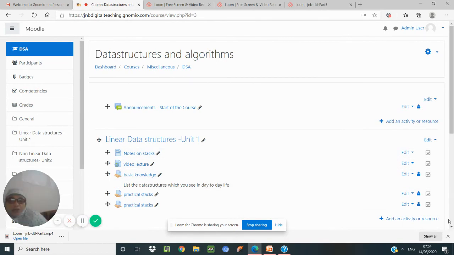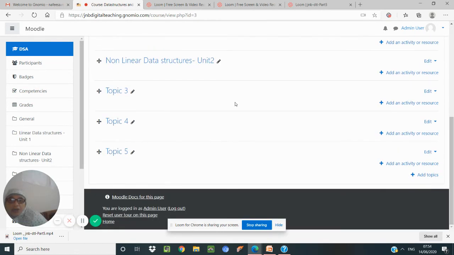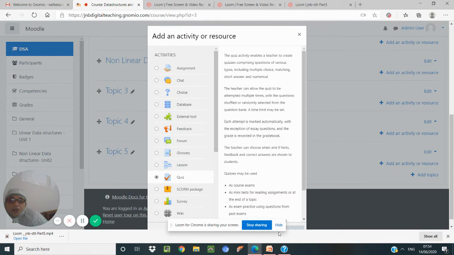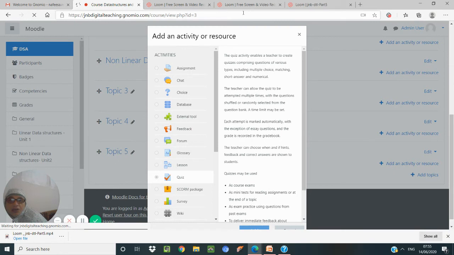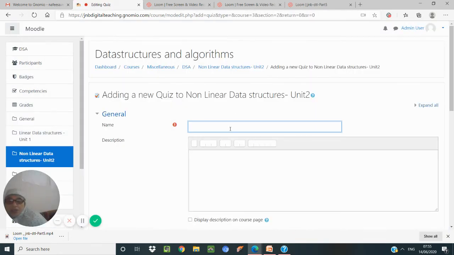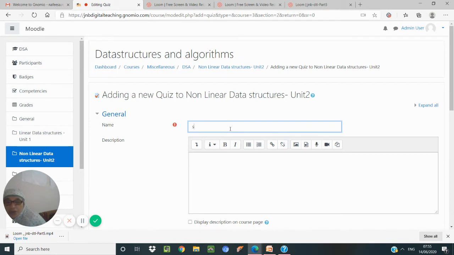Okay, so the one more thing which is to be given is how to add a quiz activity. So you can see we can add an activity as before. So add an activity, select the quiz option. Okay, select the quiz option and select the activity. So now it is giving what is the thing. Okay, simple quiz, you can say simple quiz, and give a description to test basic knowledge.